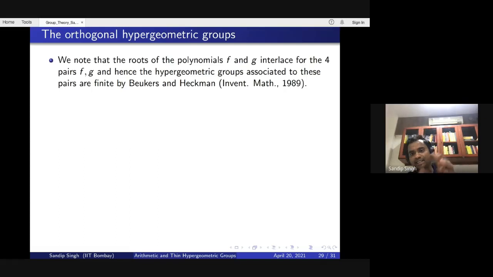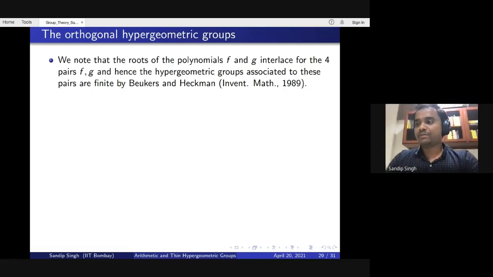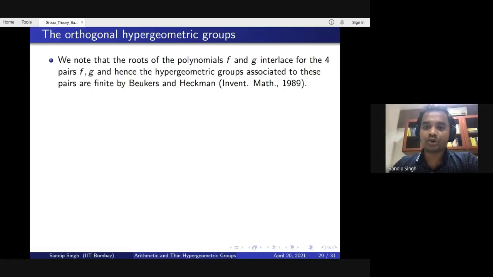In that case also we get a bilinear form which is preserved, but in that case the quadratic form is positive definite if the roots interlace on the unit circle. I mean, the roots are a and b, I mean alpha and beta. I said that if a and b are of the form e to the power 2 pi i alpha and e to the power 2 pi i beta.